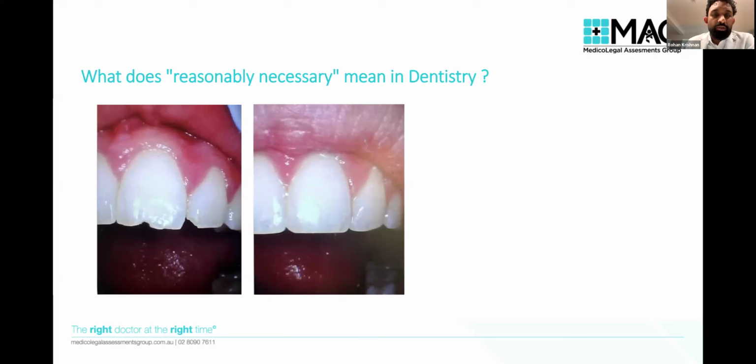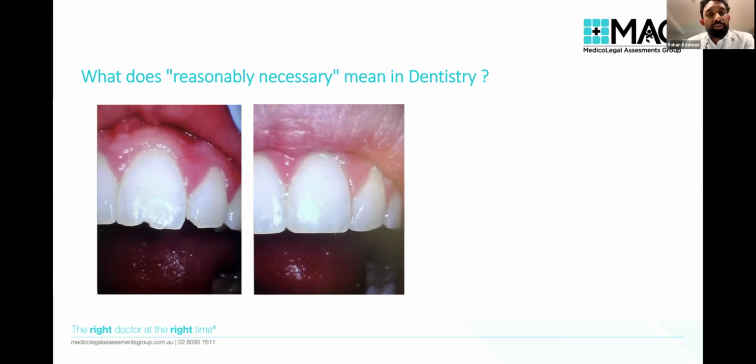Now, that particular patient I saw not for a claim, but for treatment. And you can see with the treatment that's been done that it's just a composite resin restoration, which is a very simple filling that restores function and aesthetics to those two front teeth. Now, the cost of something like that might be $250 per tooth. And I've routinely seen dentists put forward treatment plans where, for teeth like that, veneers or crowns have been quoted, which is in the order of thousands. Sometimes, for two teeth like that, it might be $4,000 or $5,000 worth of treatment.